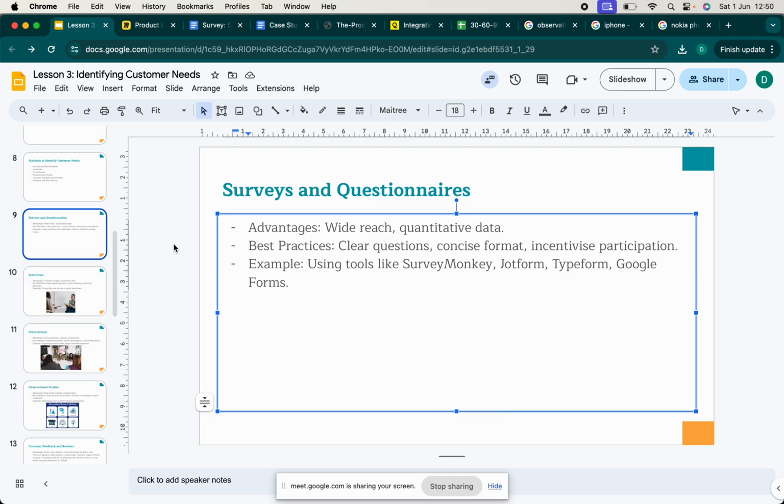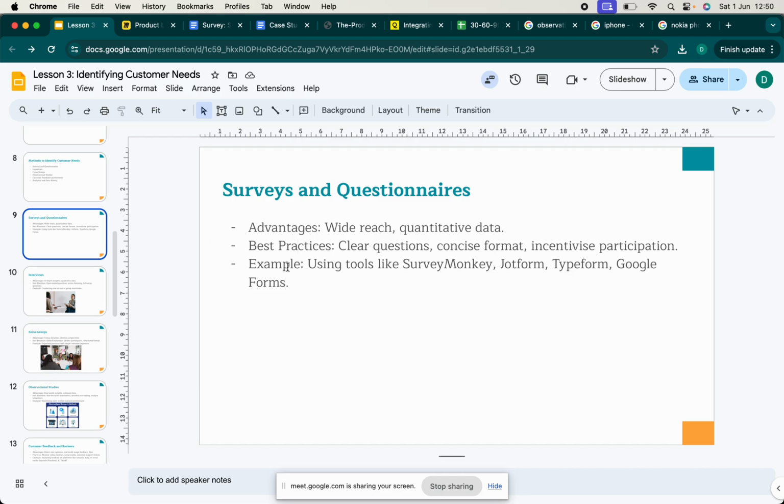And there are several tools in the market that you can use. If you simply go on Google,